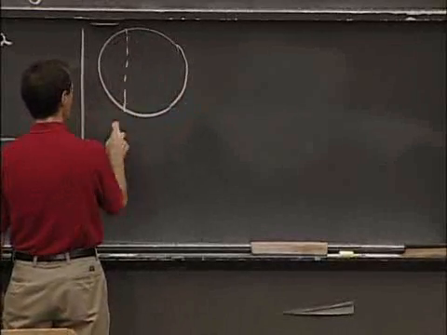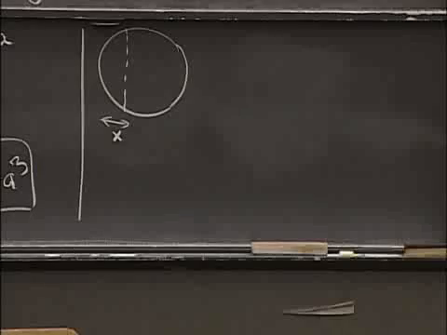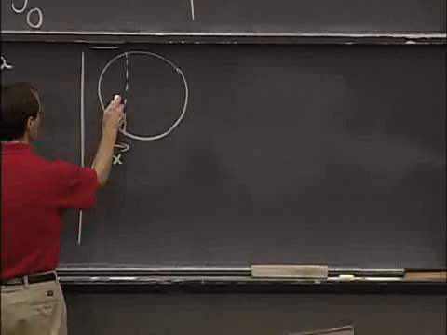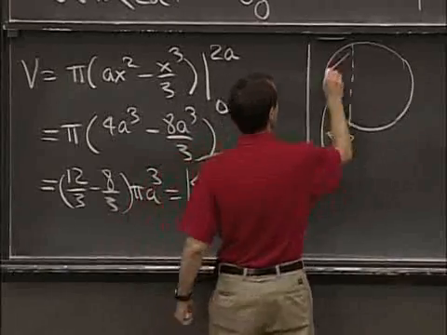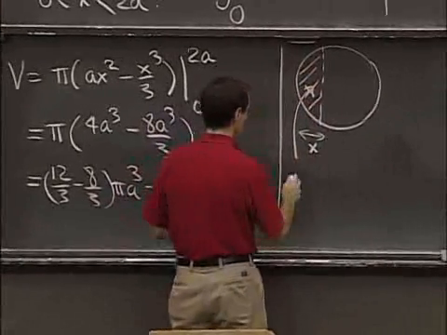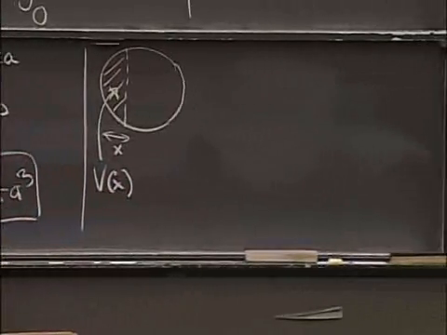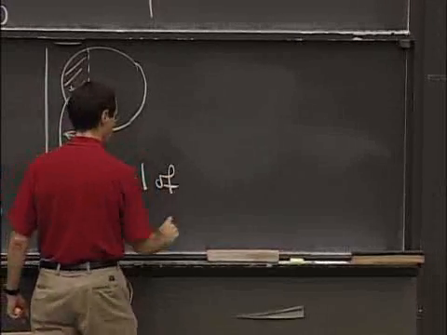If I chop this thing, and this portion is x here, then the antiderivative here, this region here, which I'll fill in, which I'm going to call v of x, is the volume of the portion